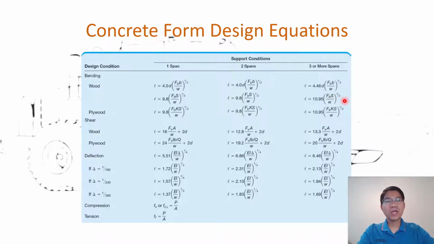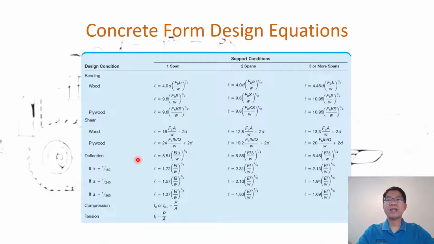And the second equation is with S. So S stands for section modulus, that you know. So depending on whether you have B or S, you apply either of the two equations, and you should get the same answer. Similarly for the shear, and it applies for wood or plywood, you have two different equations, depending on the support